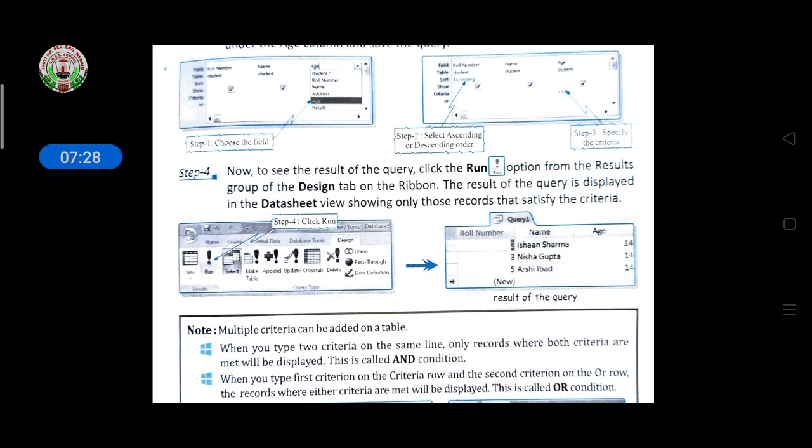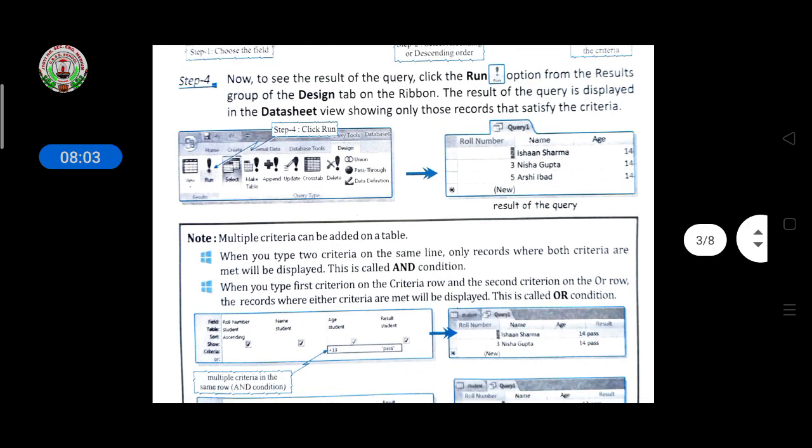So here, if you had given that the age should be more than 30, and you mention this criteria in the design grid view, then at the time of execution, when you click on the run button, it will show the output as you had given the criteria. According to that criteria, you will be able to see the output with the help of this query window.